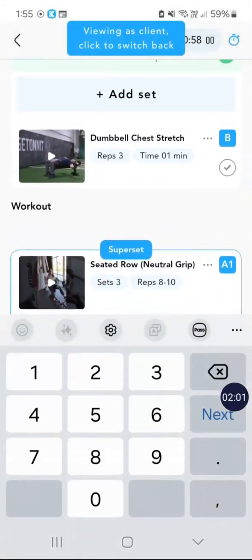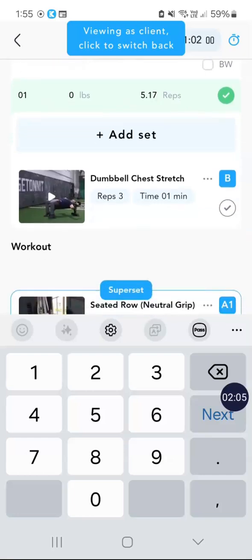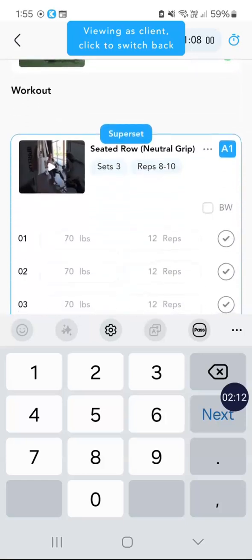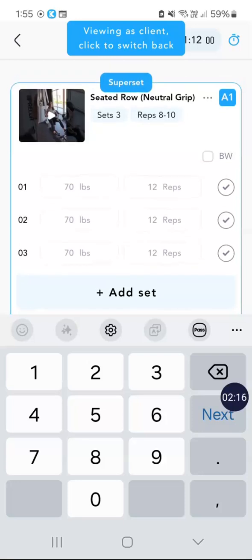From there, again, this is just a wee chest stretch that I've got in for myself after that, which requires no input of data. So we're just going to have to tick that just to say we've done it. And then next. You can see obviously the previous numbers that I've done here. If I, for example, was going to put in, say that,